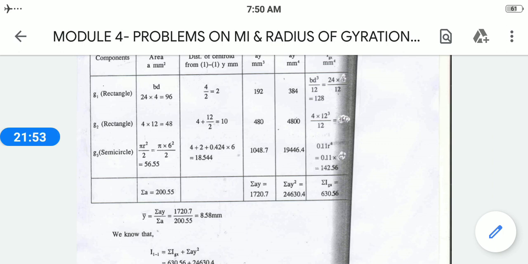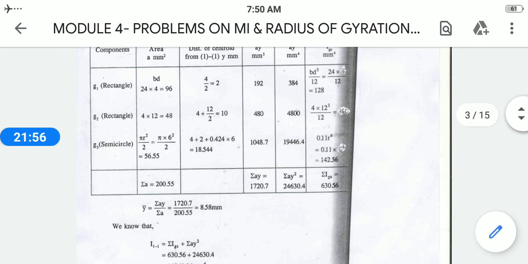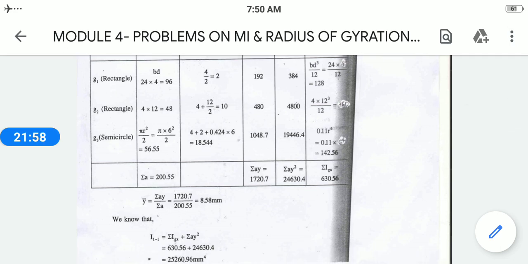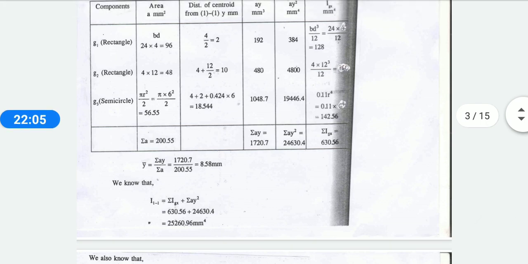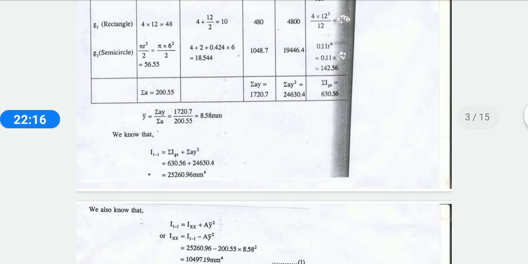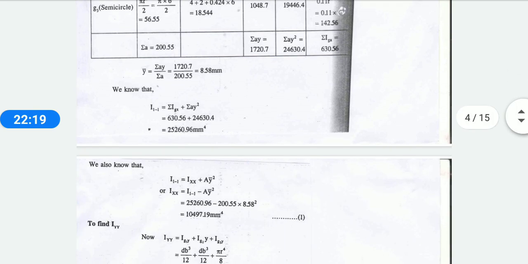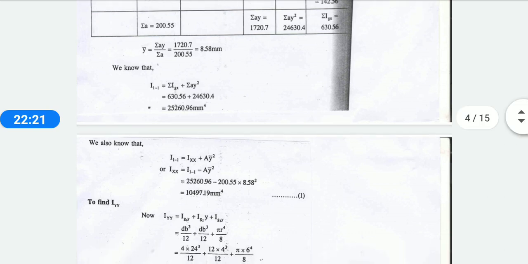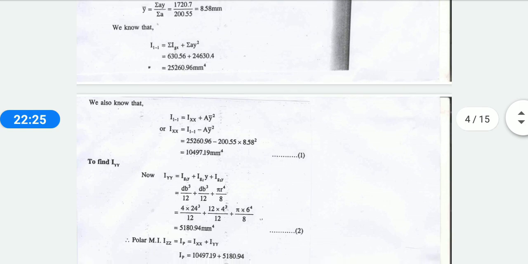After getting that you have to calculate the summation of every value. So y bar is equal to summation of Ay divided by summation of A. Already we know the values of all the things. Substitute that and get your y bar value. I11 is equal to summation of Igx plus summation of A into y square. So already we got the value. Substitute in that and get your I11, and substitute that value in the I11 formula and get your Ixx. So you got Ixx is equal to